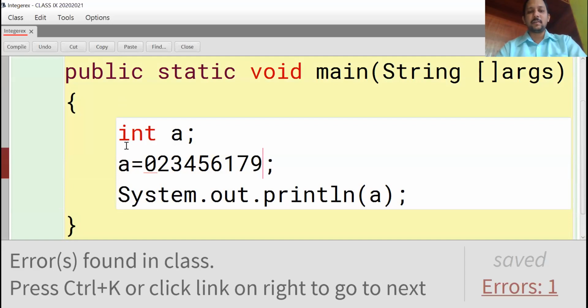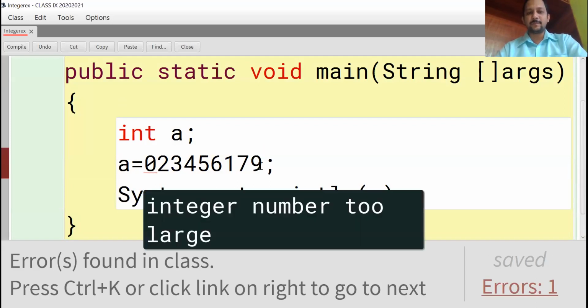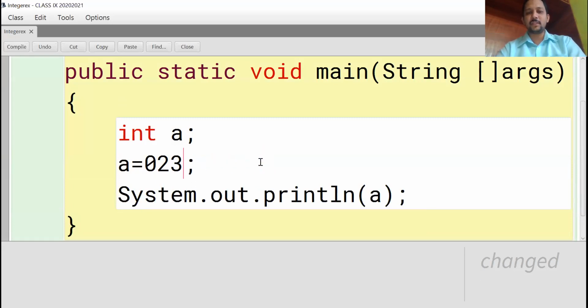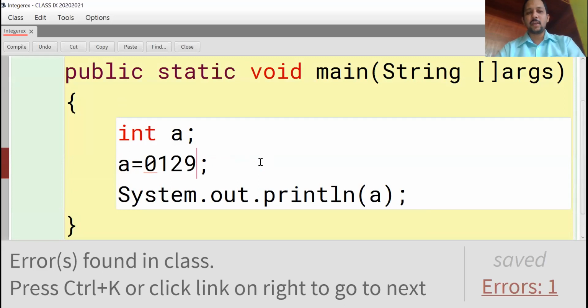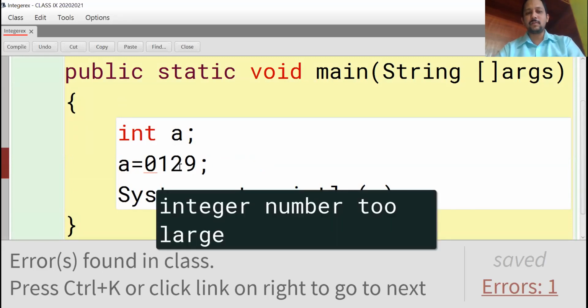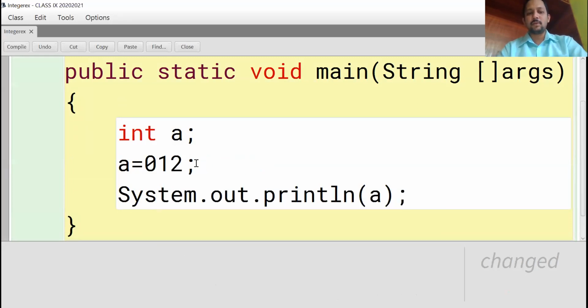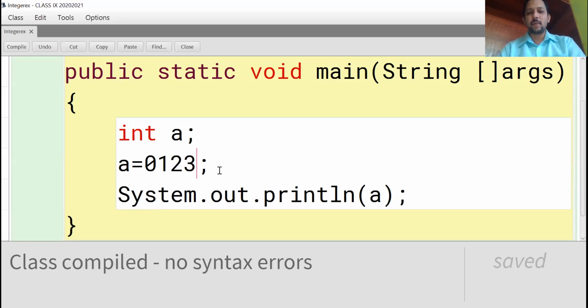Compile, error, because it is too large. So prefix is 0, and digits 0 to 7 only it will accept. Compile, no errors. If you use 9, compile, error, it is too large. Now 1, 2, 3 for example. If you compile, no errors. Now I am executing this one.